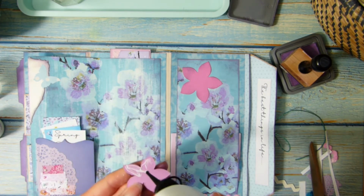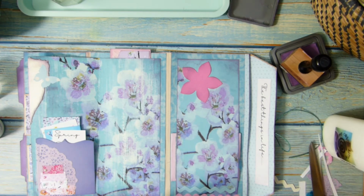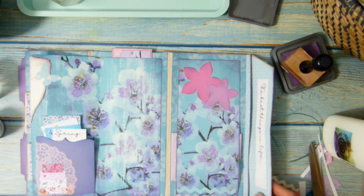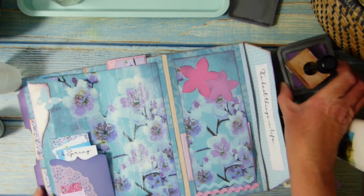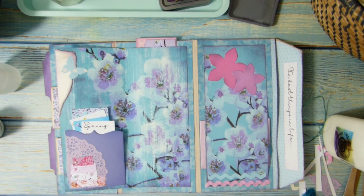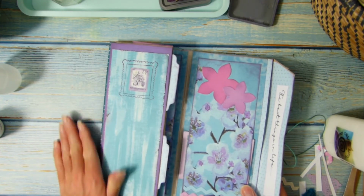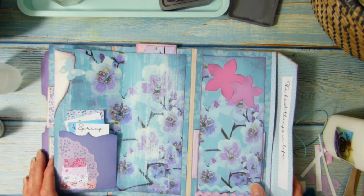Now, because I've put this on here, that page is looking a little bit bare, isn't it? Yeah, I like that. But we've got to do something now about that middle page. I'm going to end up getting ink over everything, aren't I? So what am I going to put in here? I have no idea. Some seam binding down the side would look nice, wouldn't it? But I don't know what to do instead. So I think I might have to leave it at that for now until I find something to add. I suppose I could pop a little bit of lace, but